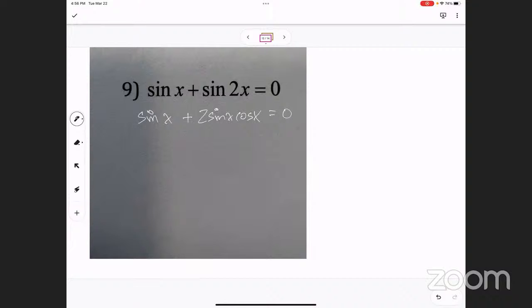Not yet. Remember, what do I always say? When you have a quadratic, what do I have to do? Can I set something equal to 0 yet? Not until I have a what? I'm factoring out the sine so that it turns from a sum. See how it's a sum right now? To a product. And if I have a product that equals 0, that's what I'm trying to get you guys